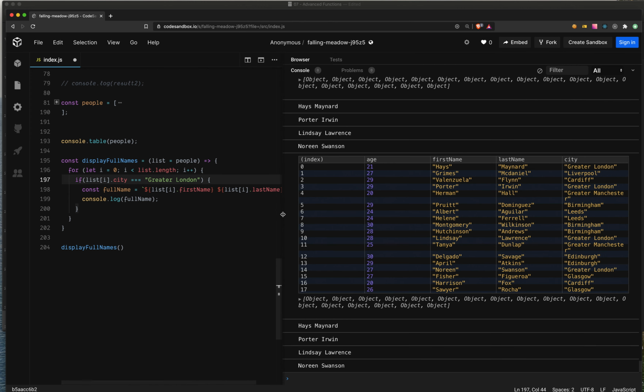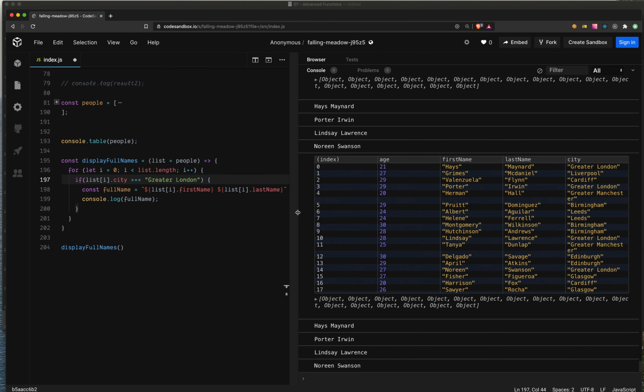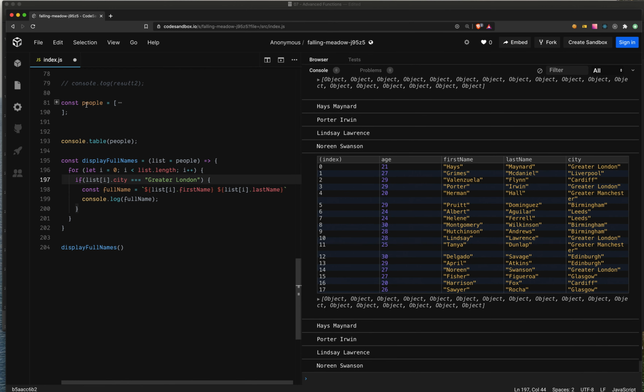Right. And as you can see, we're using scope correctly. You know, people is in the global scope. Full name is in this function scope. So I shouldn't be able to get full name from the outside. Okay, I'm going to show you